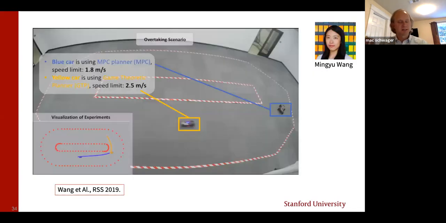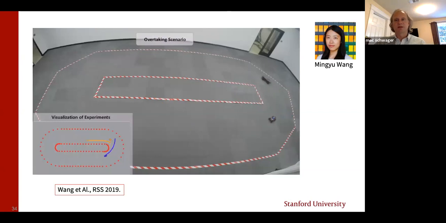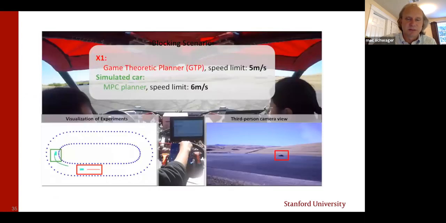And so we've actually done this not only in drone racing, but for car racing. So here's scale autonomous cars that are racing in our lab. This is work by my student Ming-Yu Wang. So here we're not planning with first order dynamics, we're planning with the bicycle kinematics that are required to incorporate the non-holonomic nature of the cars. And here, again, the small car has a higher top speed, but starts with a disadvantage, starts later than the bigger car, but it's using this game theoretic planner and it's able to ultimately overtake.